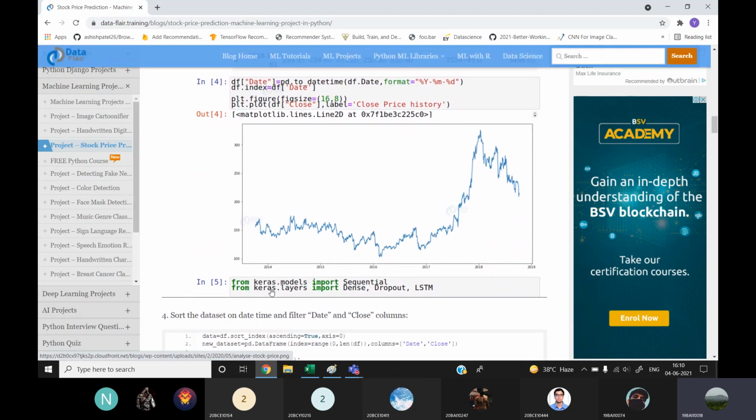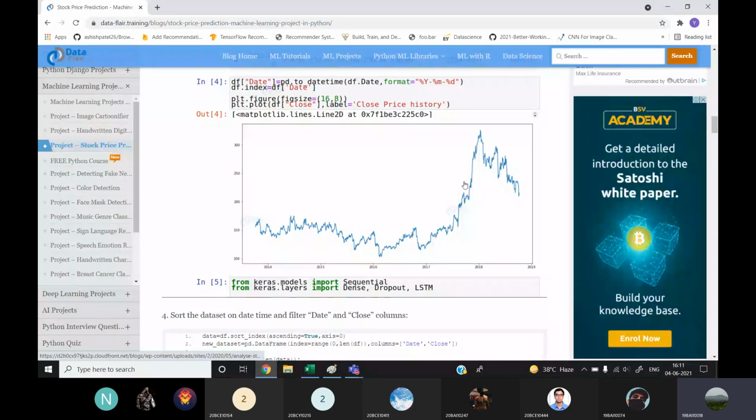Here we can see that we have data from somewhere mid 2013 to almost the end of 2018. On some particular day of 2014, the close price is about 155 or 160. Then it goes down to its least value, somewhere in 2016, of about 110, and it attains its maximum value somewhere in 2018, of about 320 or 315.